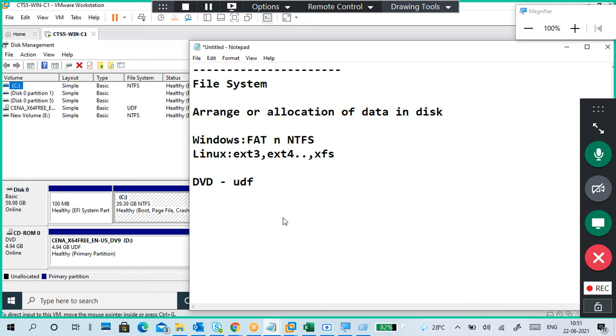Other file systems are NFS, network file system, and EFS, encrypted file system. NFS is a kind of service for file sharing.